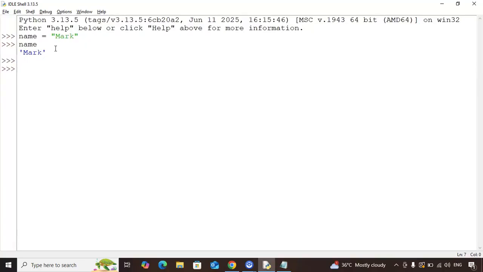So let's take an example wherein I'm saying first_name equal to, and I'm saying input and open and close brackets. It's pretty simple and straightforward. Let's see what happens when we run this program. When you run this program, if you see here, the cursor is blinking, okay? It means it is waiting for you to type an input, okay? So let's say, I'll say John. As soon as I write John and press enter, what happens is,